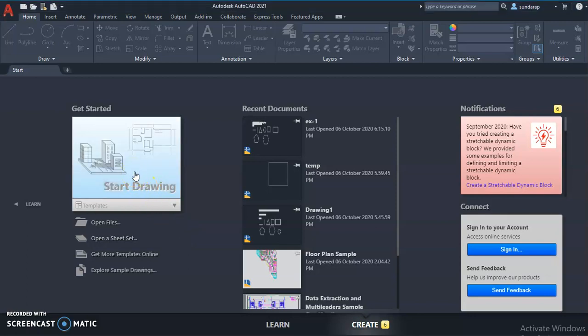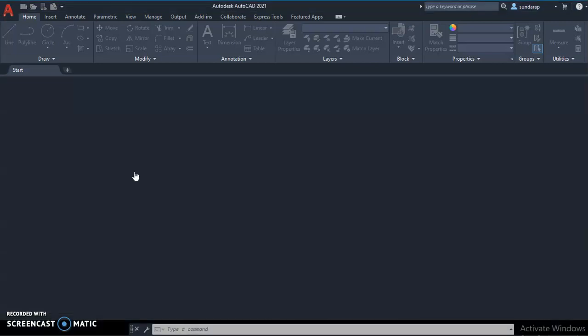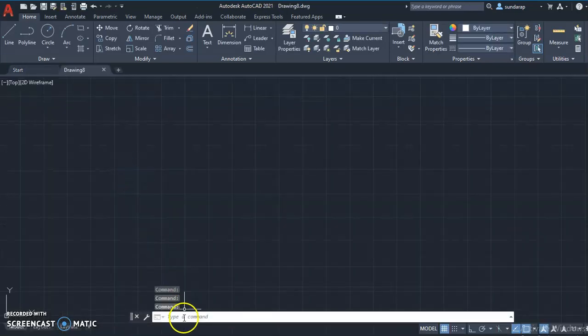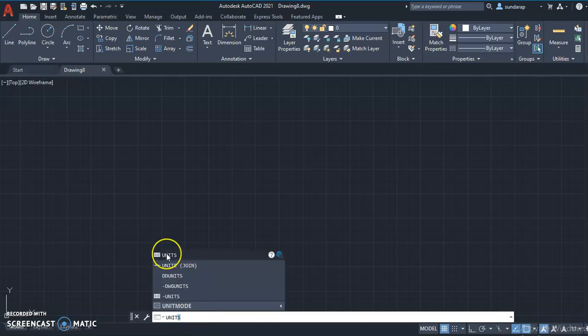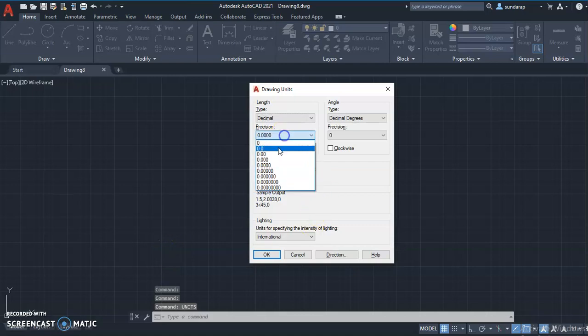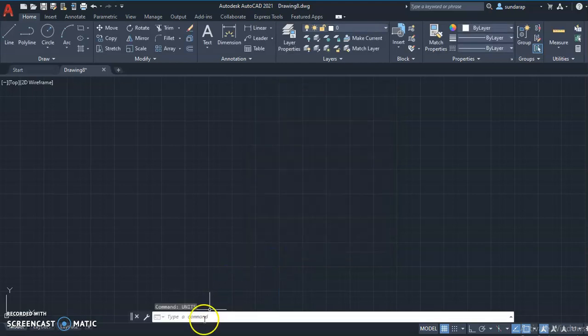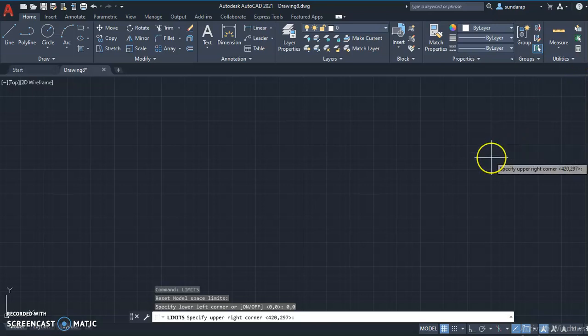Hi, here I am going to show you how we can create a common template for all your drawings in AutoCAD software. Start drawing, then set the unit first. So precision value set as 0, then units already in millimeter, set as okay. Then next step, set the limit. So specify lowest corner 0, 0, press enter, then upper right corner.